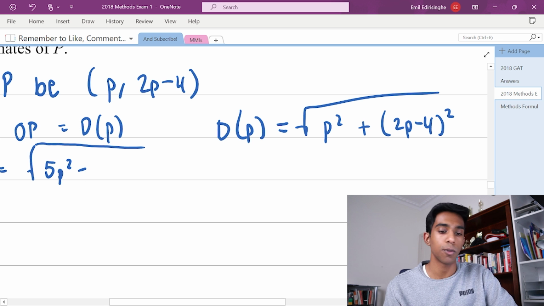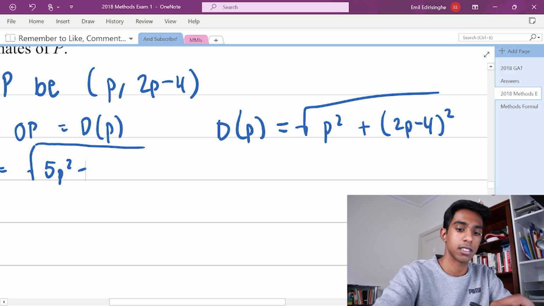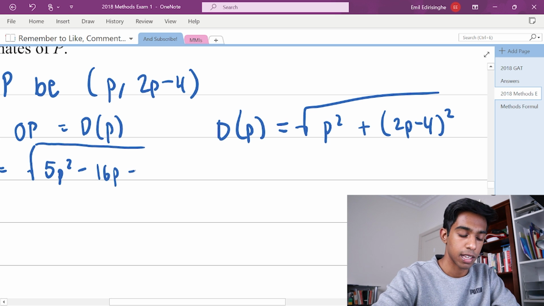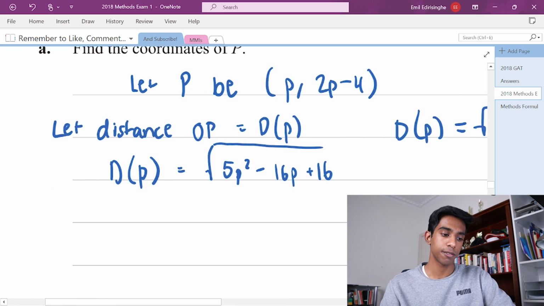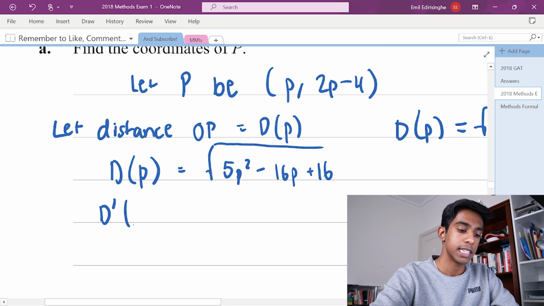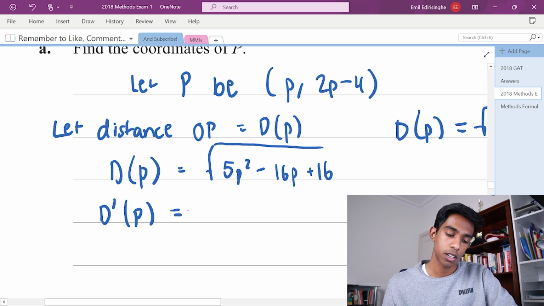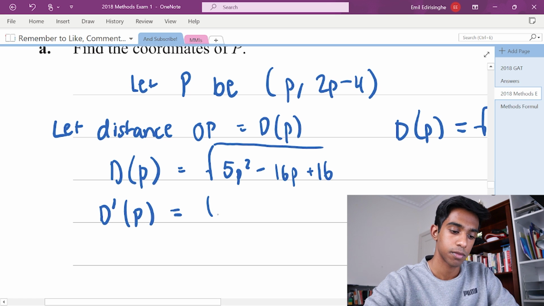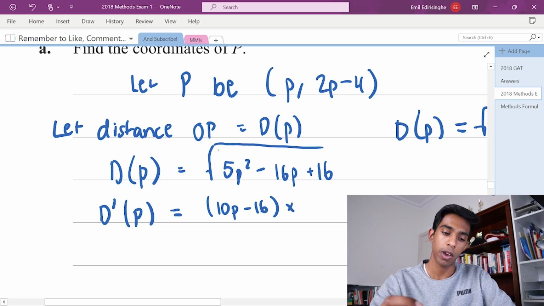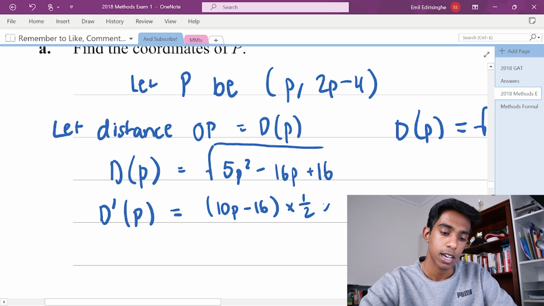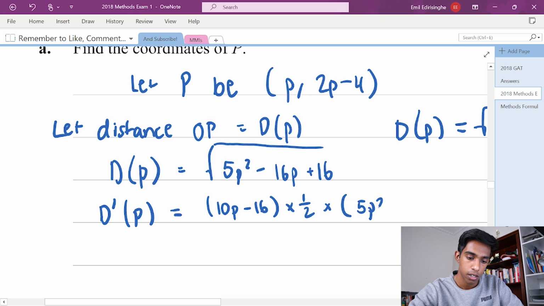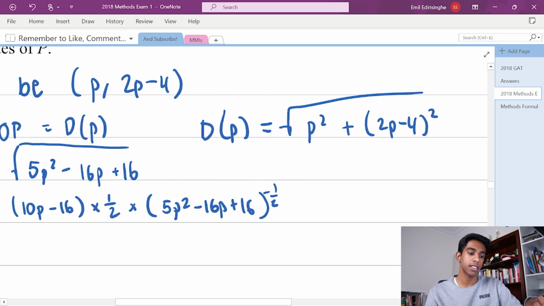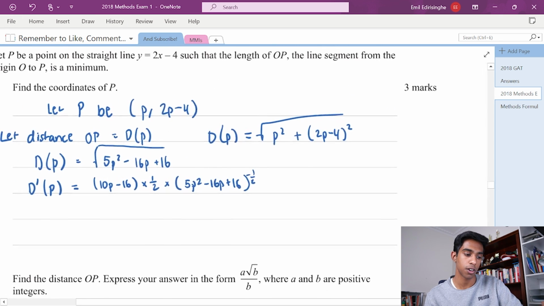This would be 2 times 4, 8, times 2 again, which will give us negative 16P plus 16. And then to find the minimum, I'm just going to differentiate with respect to P. So then that will give me (10P minus 16) times, this is a square root, so times 1/2 times (5P squared minus 16P plus 16) to the negative 1/2. And then I know that the minimum, which is what they're looking for, is going to occur